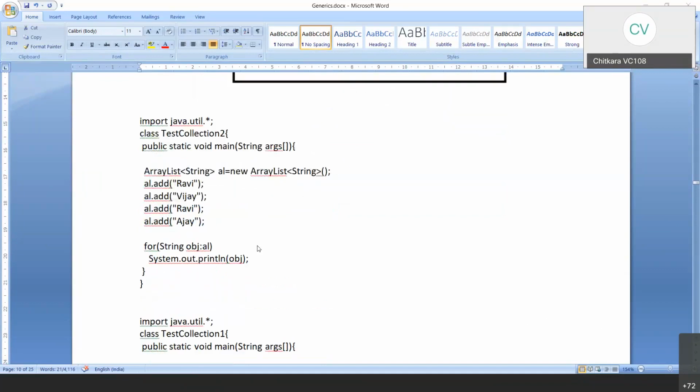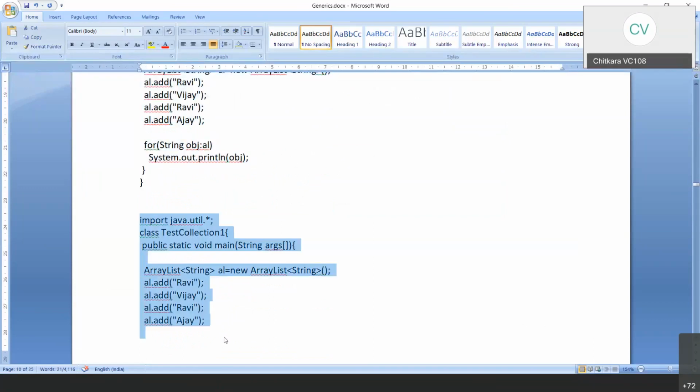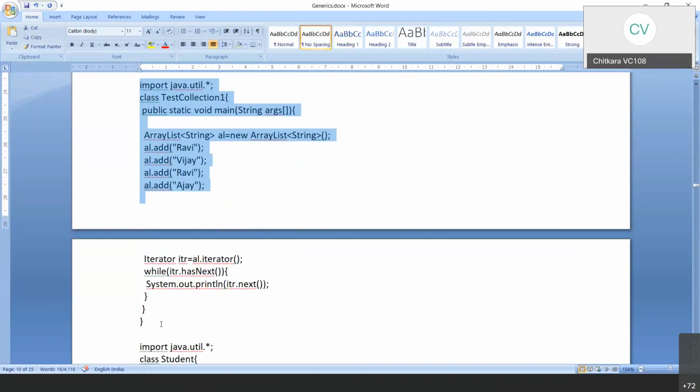This is the first program and this is the second one. Kindly go through it.